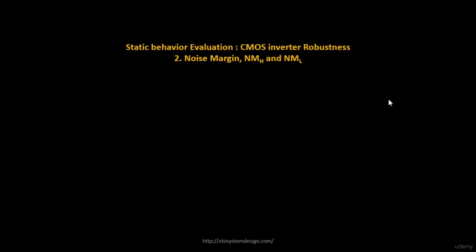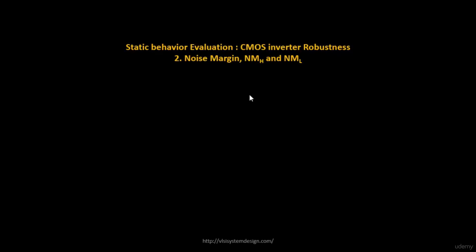Hello everyone. The next step in determining the CMOS inverter robustness is to identify the noise margin. Any inverter, any device, any logic gate has a certain noise margin. When I talk about noise margin, it's basically related to crosstalk noise and glitches. The glitches and the crosstalk noise are typical surprises that we get in lower technology nodes, and those can be reduced or identified beforehand by identifying the noise margin of any of the logic gates.